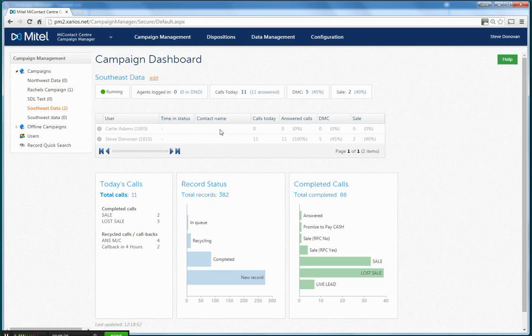It will also give you a list of the agents who are currently logged into this campaign and who they're currently talking to and how well they've done as an individual. So it's very easy for the supervisor to load data through this data management utility here, get it into a list of